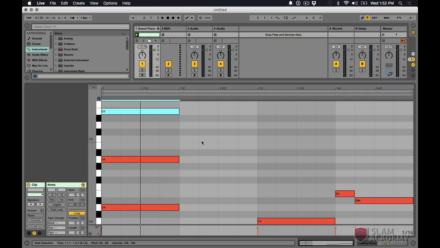In our next big unit, we're going to talk about more things about keys, and we're going to focus on the third, which is a new interval for us. And it's going to lead us to building our first chords, because once we have the third, we can put that together with a fifth and then a root note, and we have chords. Chord liftoff. So let's dive into that next.